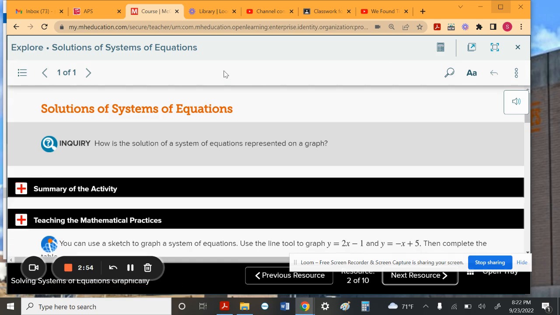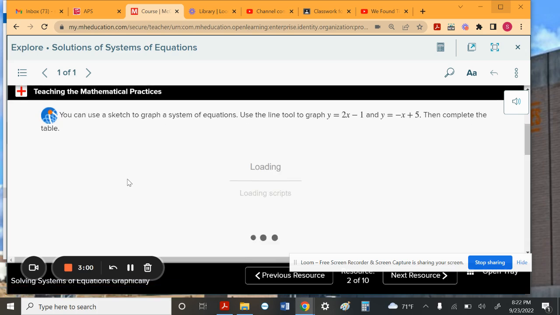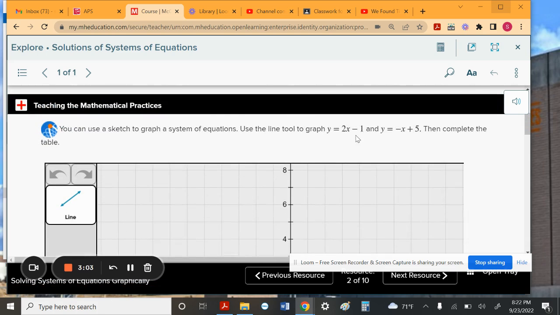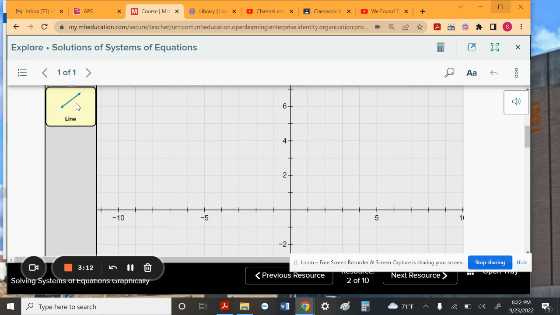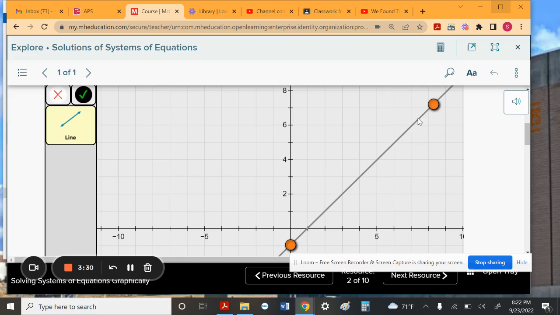We have, how is it represented on a graph? So notice here we take a look at it. If we can graph a system, notice y equals 2x minus 1. So remember, my minus 1 is my y-intercept. So we are going to draw a line. We are going to move this point to minus 1, because that's where it crosses the y-intercept. And then we can see here that it goes up 2 over 1. Okay, because it's 2 over 1, so up 2 to the right 1. So if we grab this one, we're going to go 1, 2, up, and over 1, and there's my first